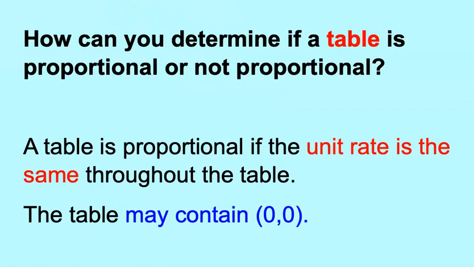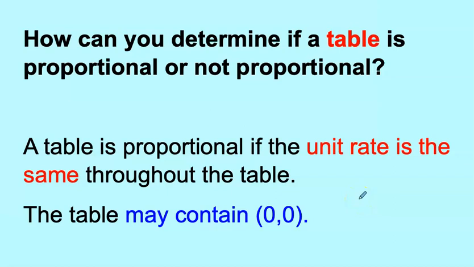It's time to talk about how to determine if a table is proportional or not proportional. The question we're going to answer today is how can you determine if a table is proportional or not proportional? So a table is proportional if the unit rate is the same throughout the table, and the table may contain